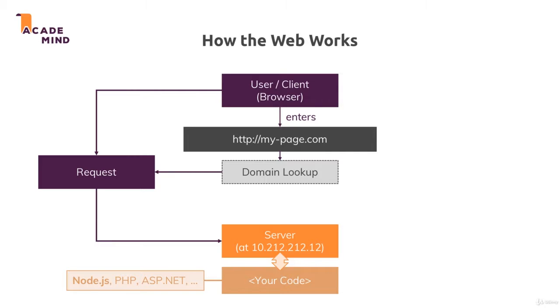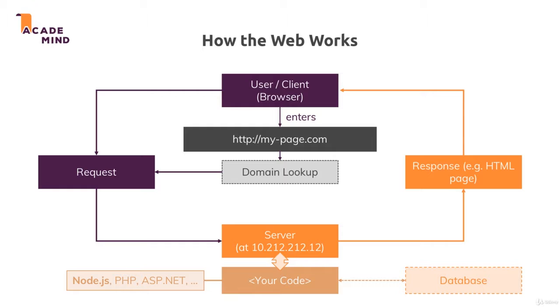Now, in this code, you can do all kinds of things, and I already mentioned this in the first course module: user input validation, communicating with a database maybe, which runs on a separate database server, but which you typically reach out to from your backend, so your server-side code. And once you're done with that, you do one important thing. You send back a response to the client. This response can be some HTML text, some HTML code, which is then handled by the client, but it could also be some other kind of data, like a file, some JSON or XML data.